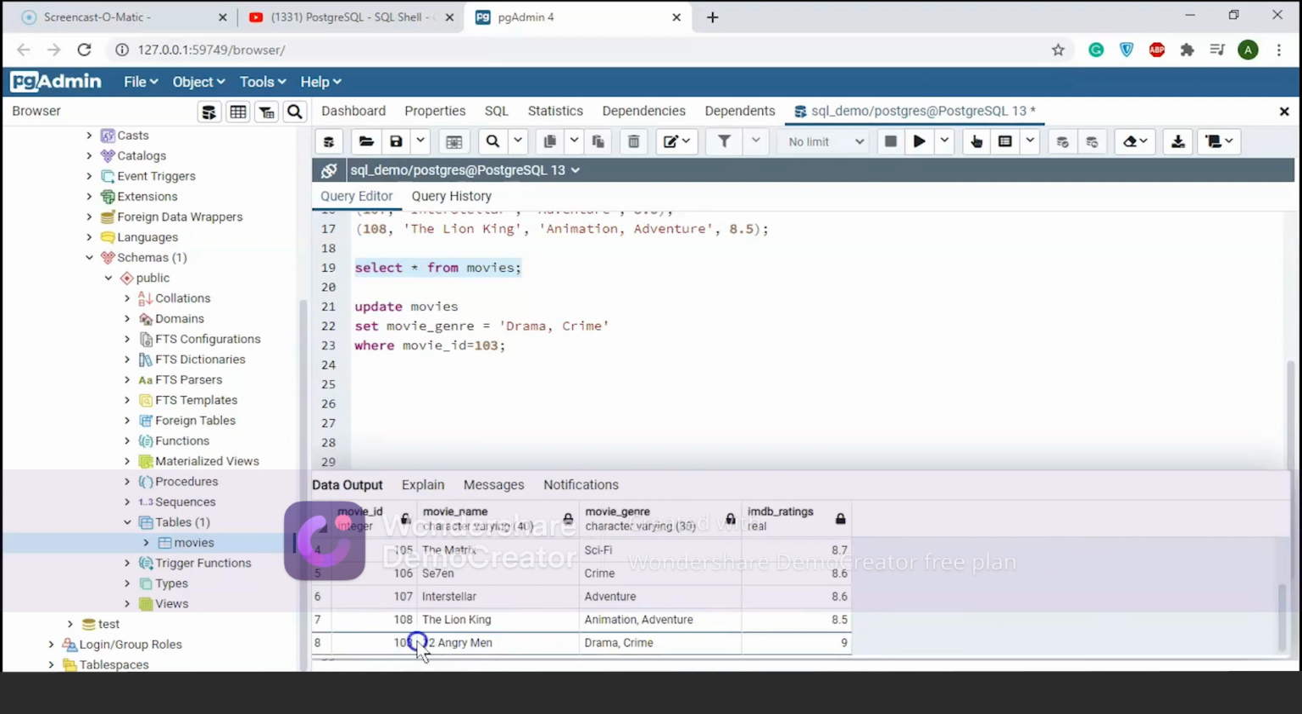So movie ID 103, movie name 12 Angry Men, we have successfully updated the genre as drama, crime. Okay, now let me tell you how you can delete records from a table. For that you can use the delete command. So you'll write delete from the table name, that is movies, where, let's say I want to delete the movie